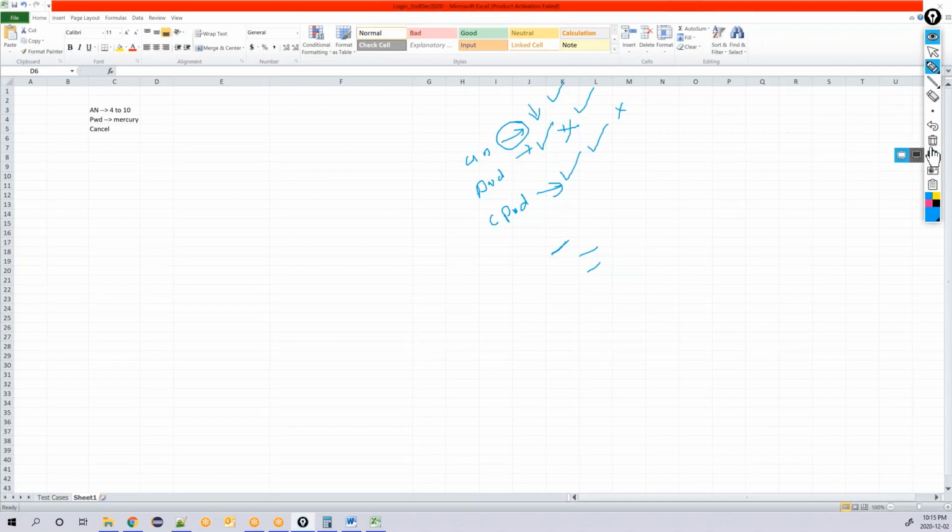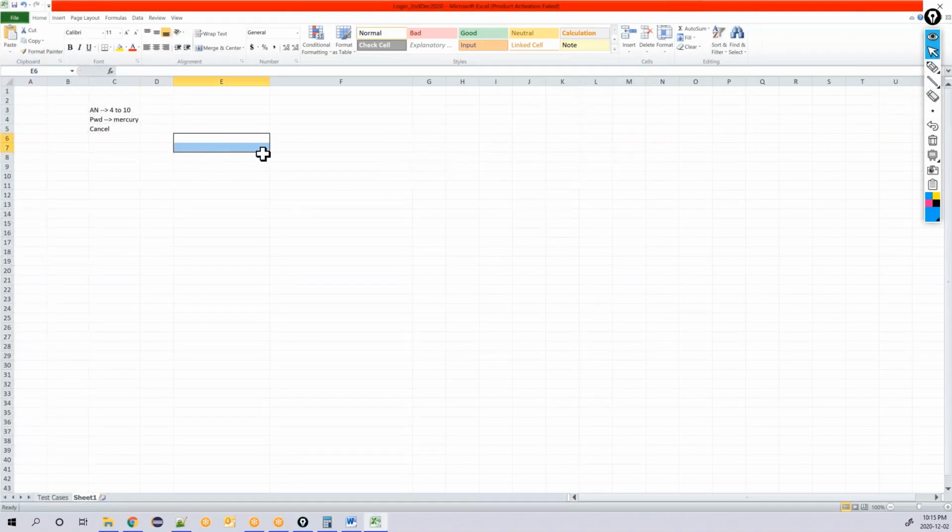Okay. So what I would do is, I want to apply equivalence class partition for this, but I cannot apply it for that one. So let's apply equivalence class partition for this. Agent name, I'm going to enter Naresh. Password, I'm going to enter Mercury, and then click on the OK button.